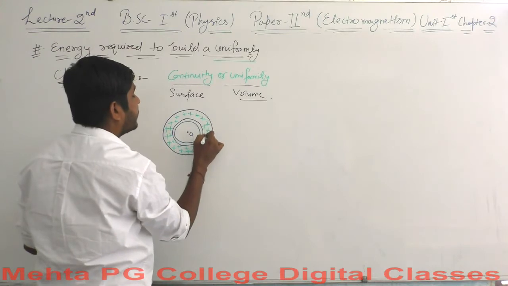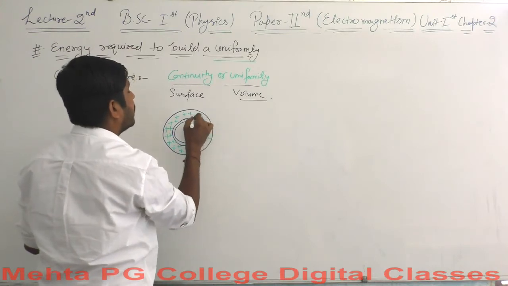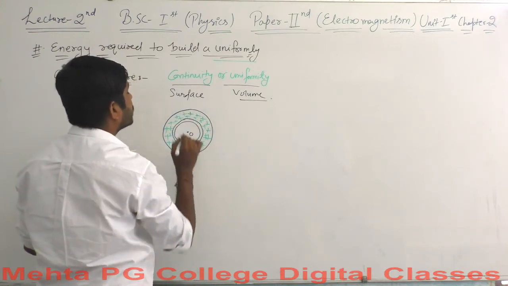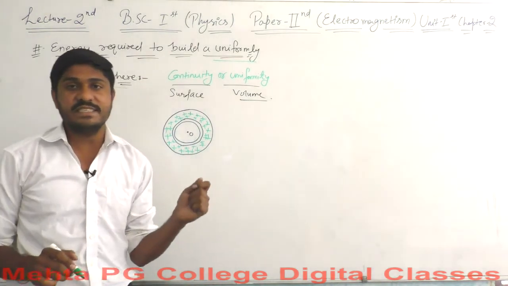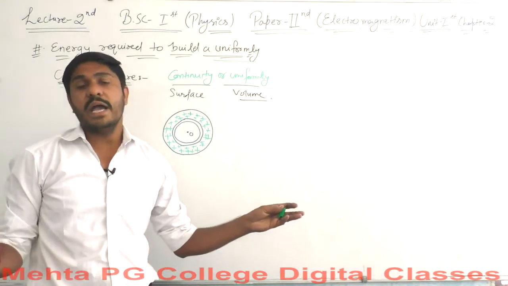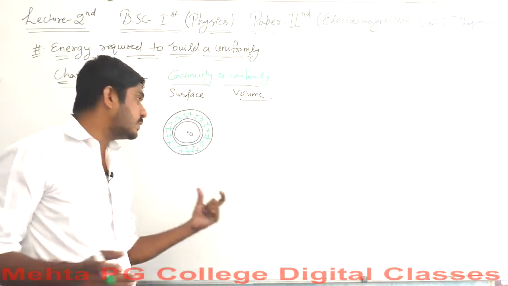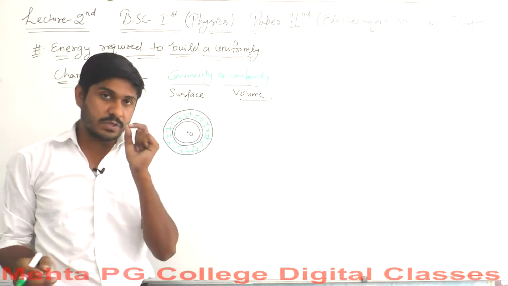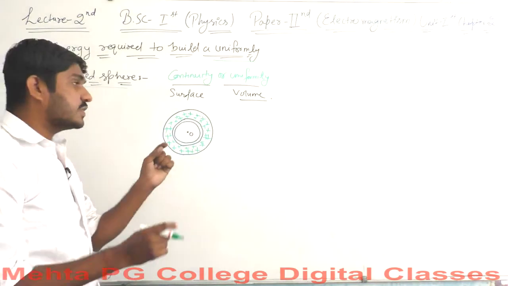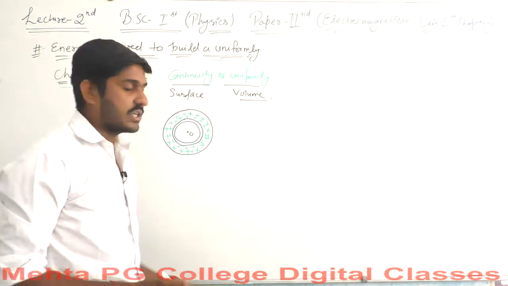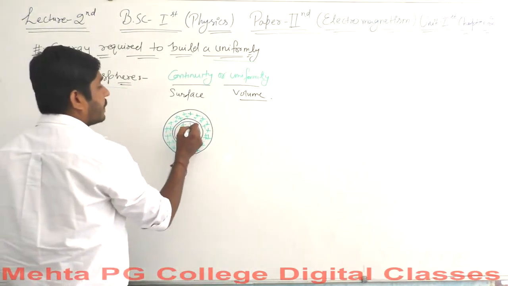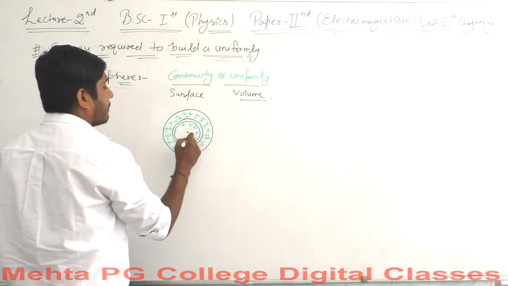Every time you consider the formation or distribution of charge, you are supposed to consider the positive charge. The positive charge doesn't have any deeper meaning, but we use positive charge only to reduce complications, because we do not want to go through the complication of negative signs. Okay, so this is it.